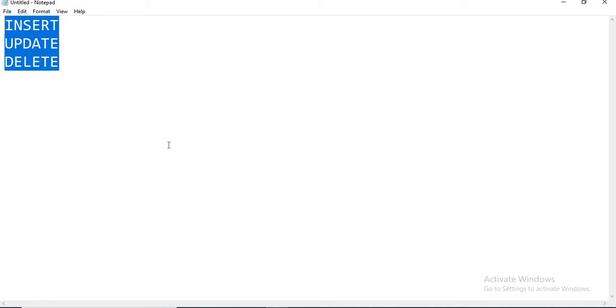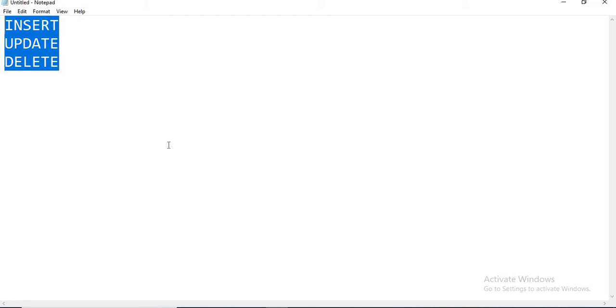These three look a little self-explanatory. You can easily understand what insert is going to do. Insert is the one which inserts the data. The word itself says it's going to insert the data. The second one is update. The word itself is saying it is going to update the data on the existing objects. Next one is delete. So it deletes the data.